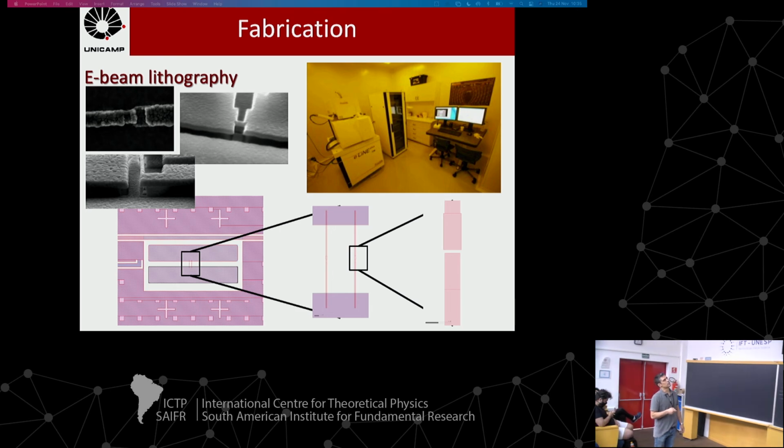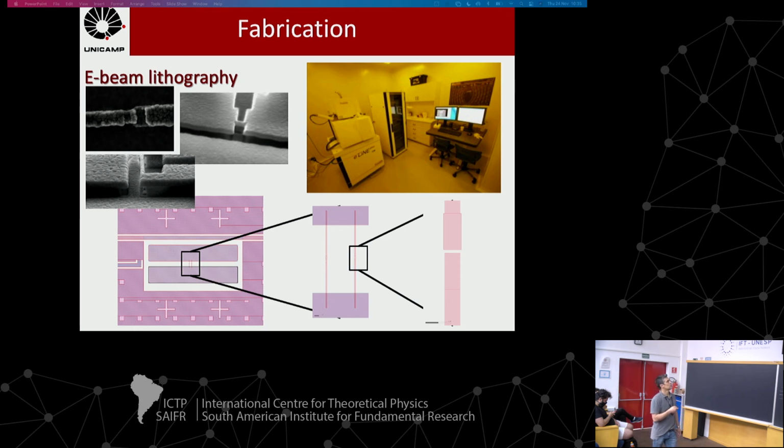That's an image of the equipment that does that. Here on top, we have the column that will create the electrons that will make my drawing on the sample. Then I can bring the sample to this position here, aligned to these crosses, and draw this kind of design in this region. The machine starts to send electrons in this specific region. Then I have my bridge here, and then I can go to my other machine and do the deposition